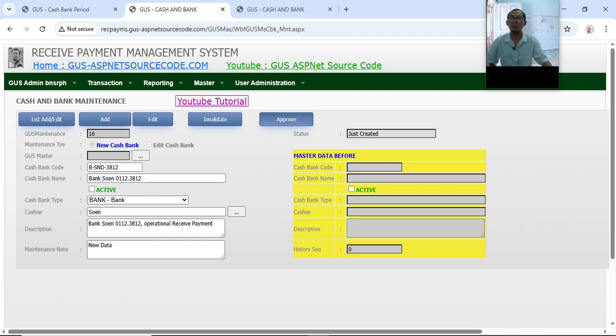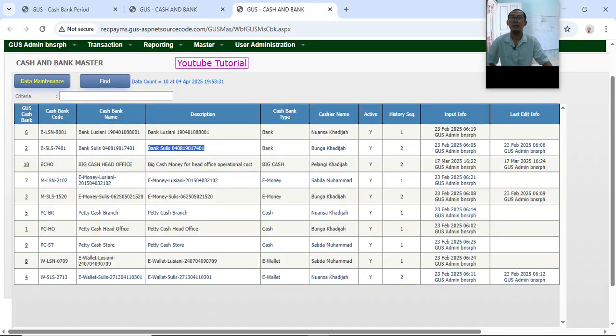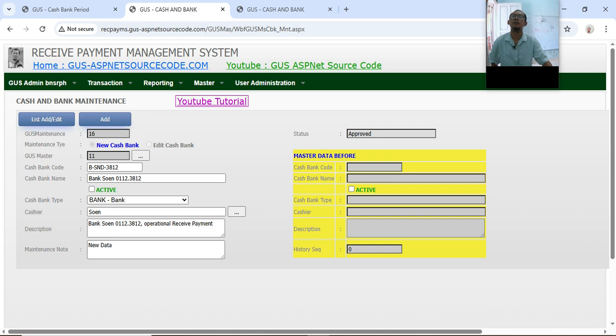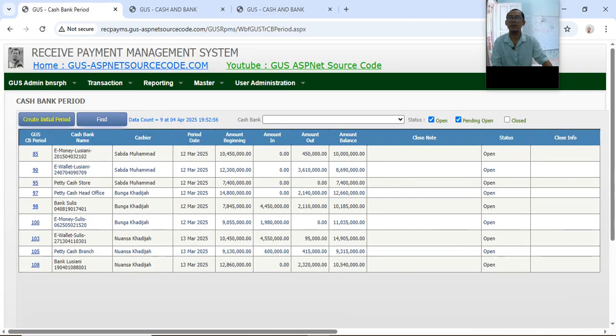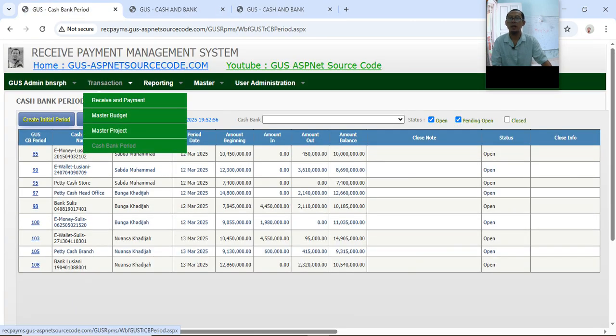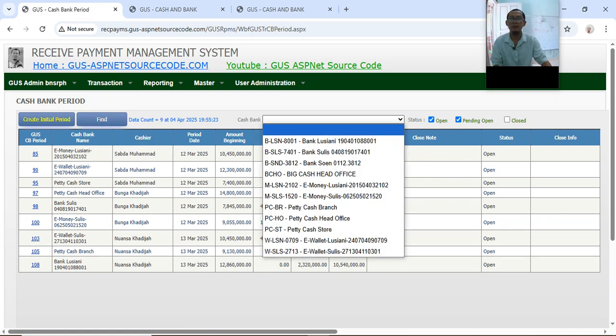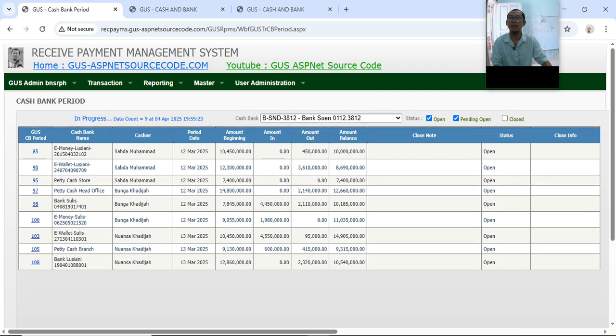Now let's approve. Yes. Let's see, Bank Sun. Okay, we already have Bank Sun. Now let's start with our cashback period. Let's see Bank Sun. Fine.